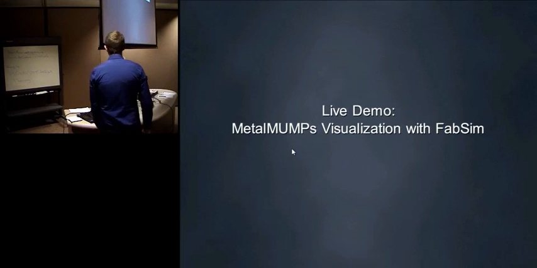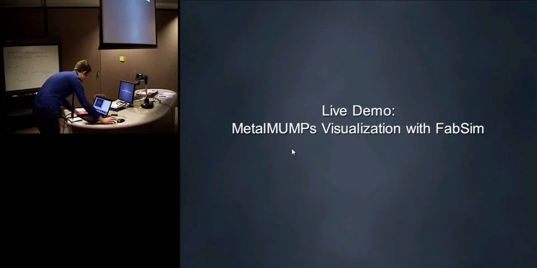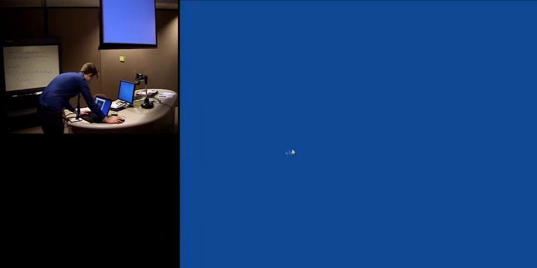Now I have two demo examples. First, the metal mumps process flow. This is one of the ones we've received from MEMS Cap. So when we open IntelliFab,